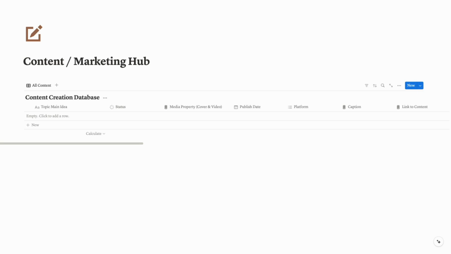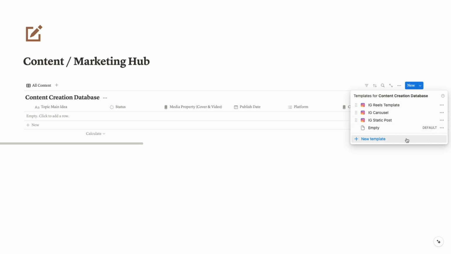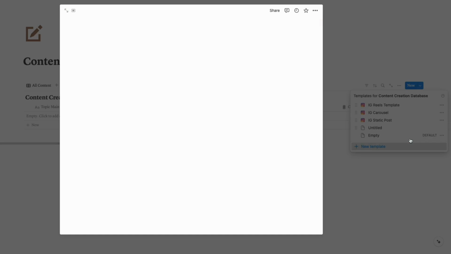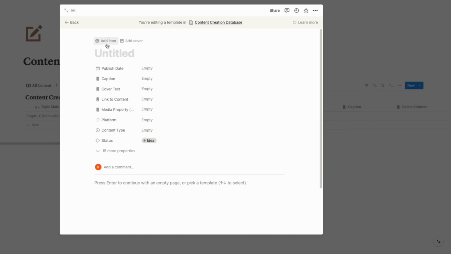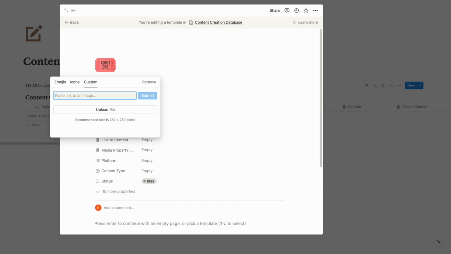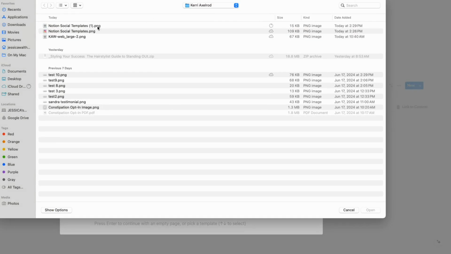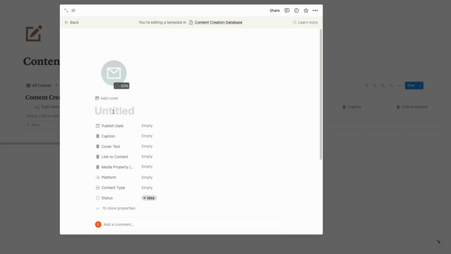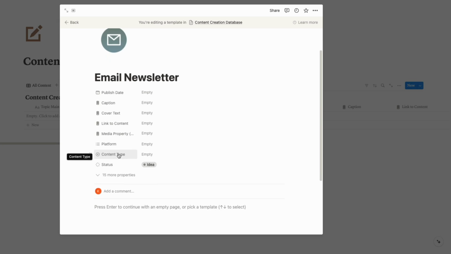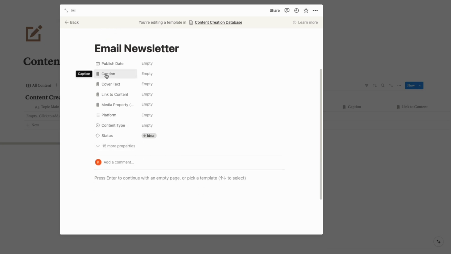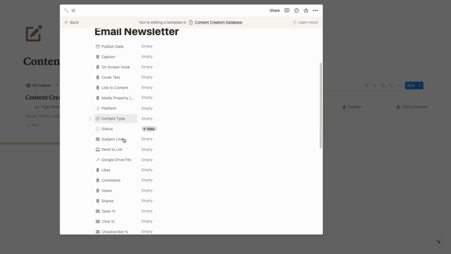I actually don't like this color. I'm going to change the color. Yeah. And then what we're going to do is go ahead and create a new template here. And we are going to add a new custom cover for a little bit email. It's going to be email newsletter. And then for this, we're going to do our